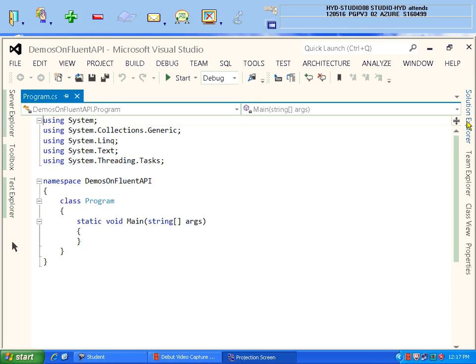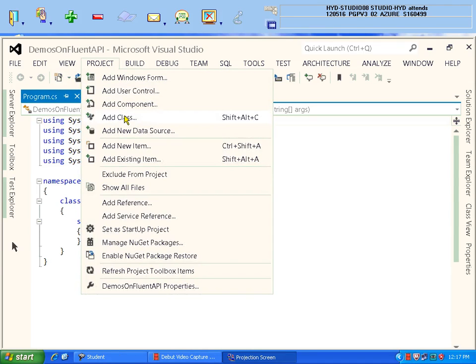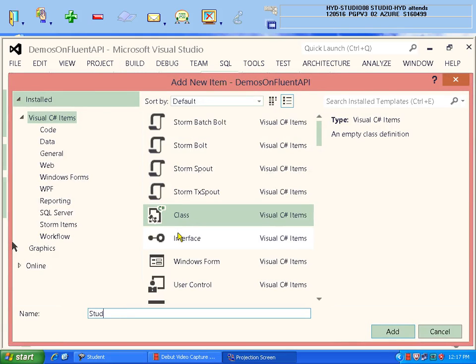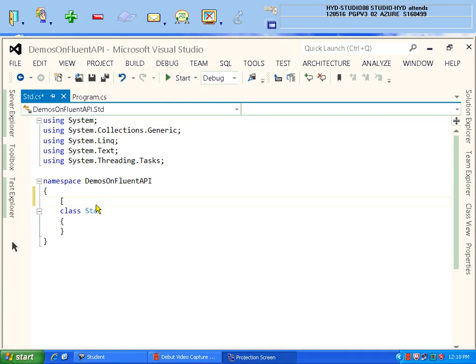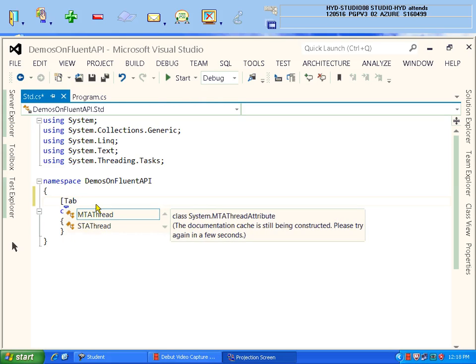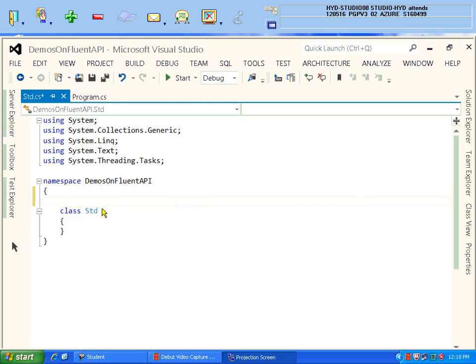You just go to your project and click on add class. You give it as student. So you give it as STD, okay? The class name you give as STD, but the table name will be student details. So for this, you give the table attribute, but I am not going to give it.